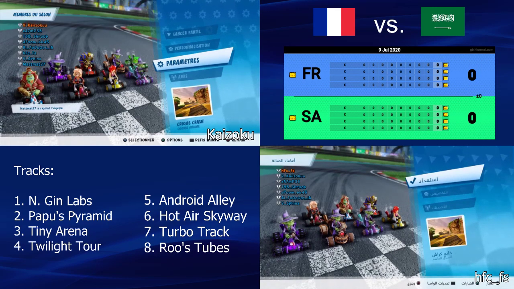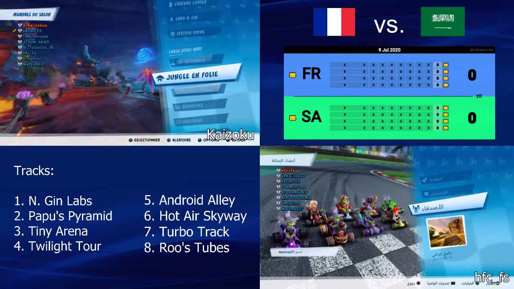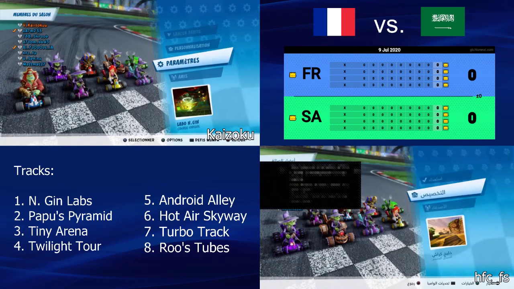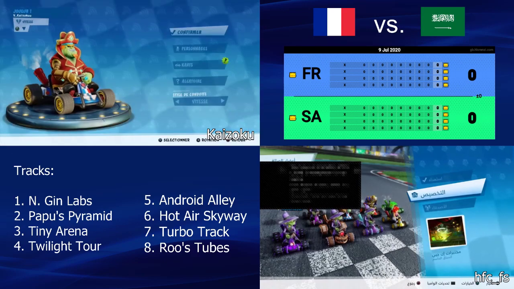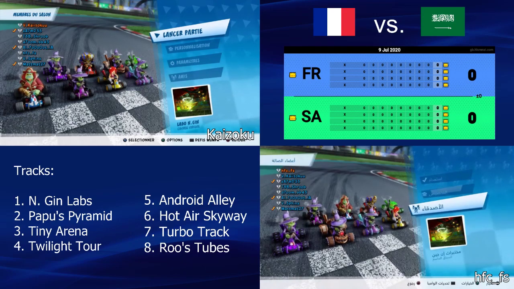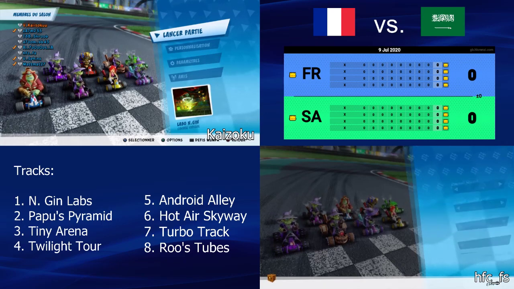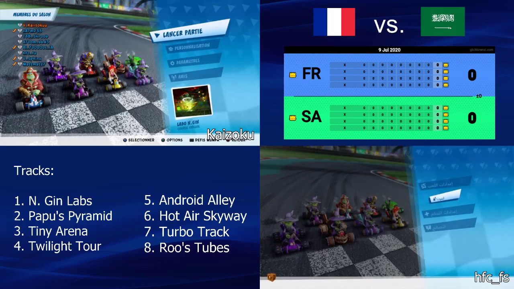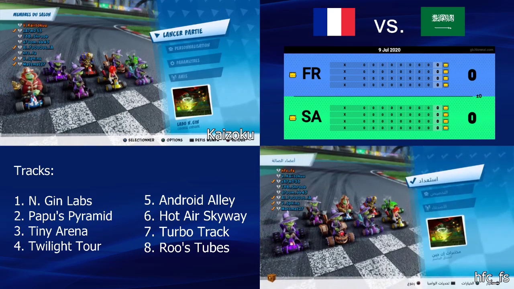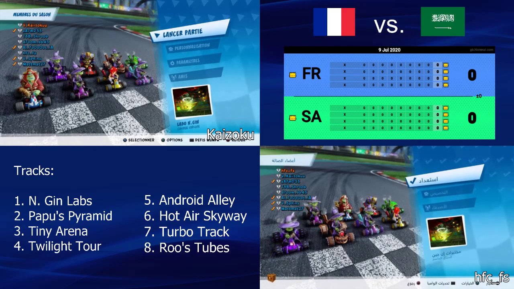Okay, so I'm gonna make this scoreboard real quick with all the players. On the French side we have Kaizoku, Shrub, Sphinx, and Madman. And on the Saudi Arabian side we have HFC, Ahmed, Doom, and Al Hood. It's actually Al Hood, but many call him AI just because they have no idea how it's pronounced correctly.